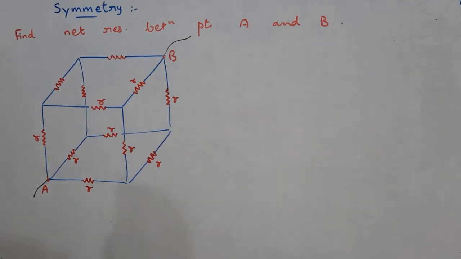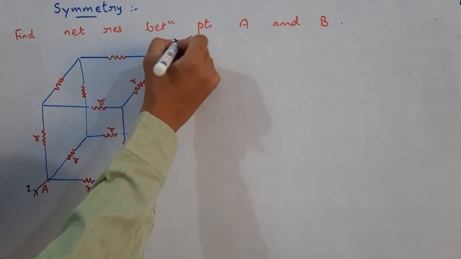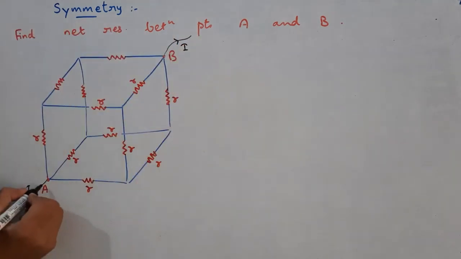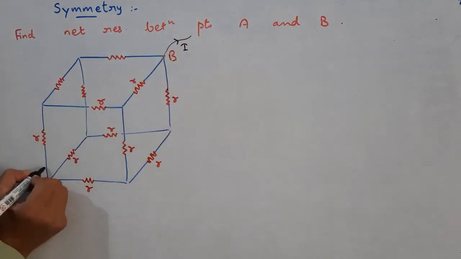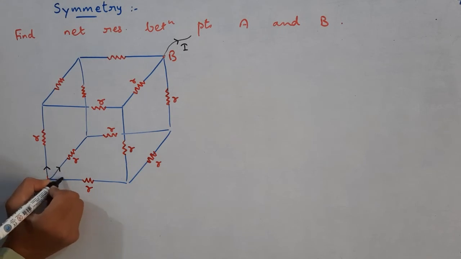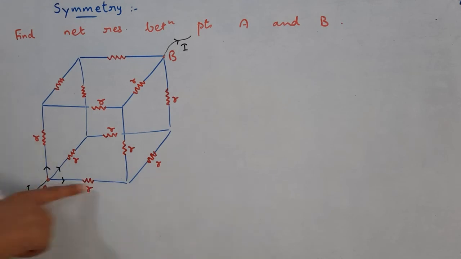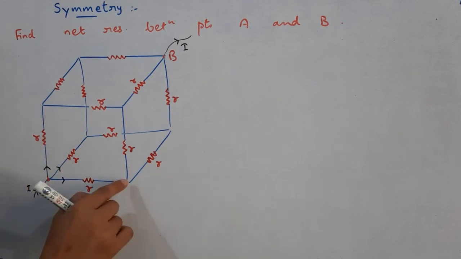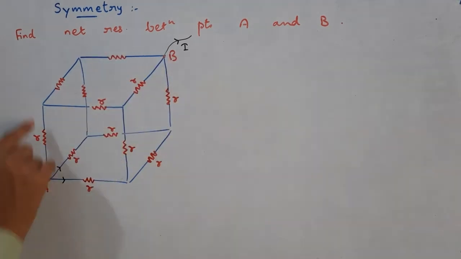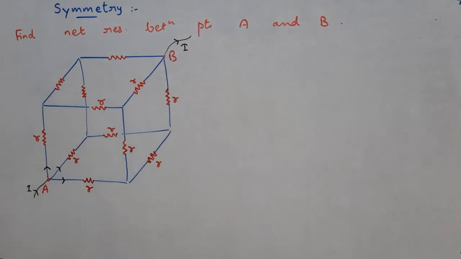So suppose some current I enters the vertex A. The same amount of current I will leave the vertex B. Now imagine this point. At this point the current has to divide in 3 paths. Yes or no? Okay. Now all these paths, the edges of the cube, they are identical, R, R, R. And after R also you have 2R to reach to point B. After each R we have 2R to reach to point B. There are various paths. So these surroundings are identical along each of the edges.